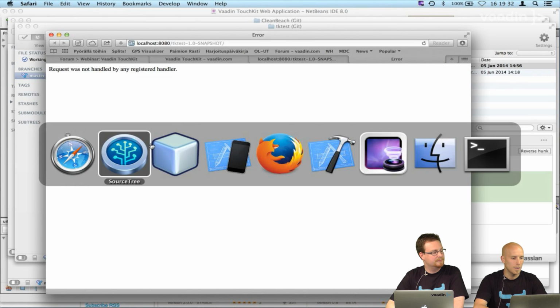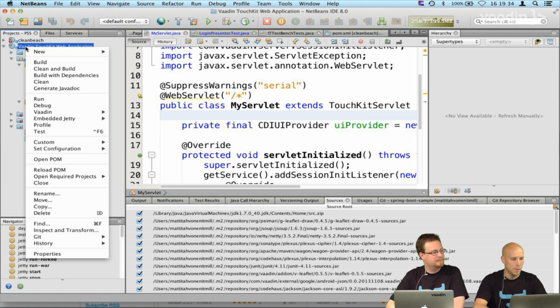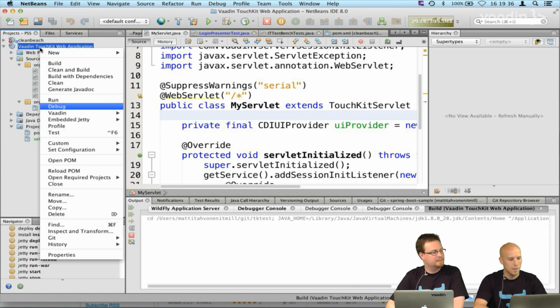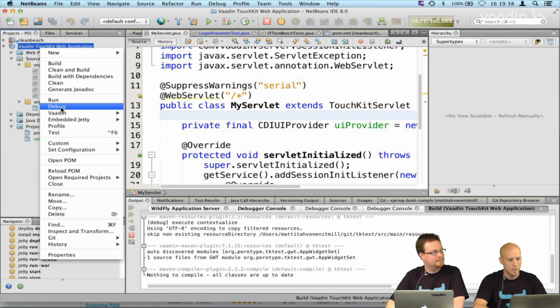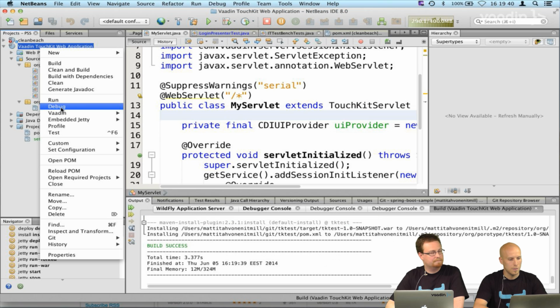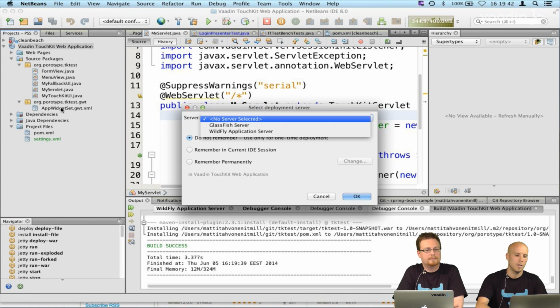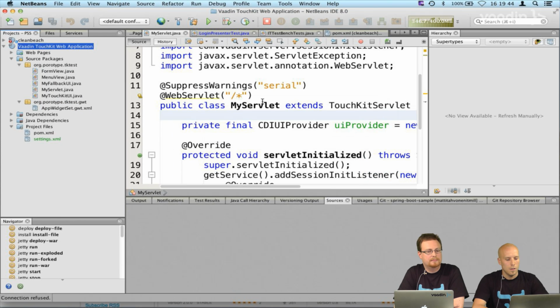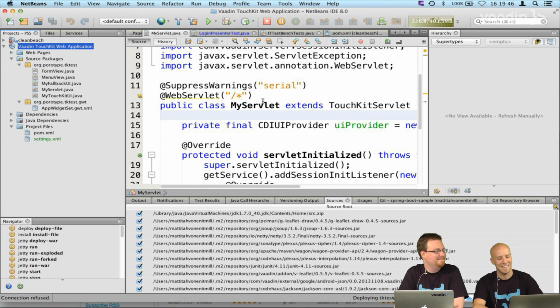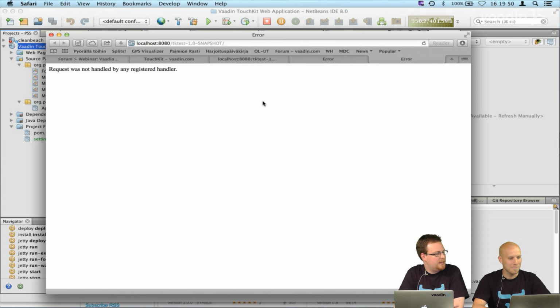Okay. Now build and debug. One more try. Third time's the charm, right? Yeah, it still doesn't work.